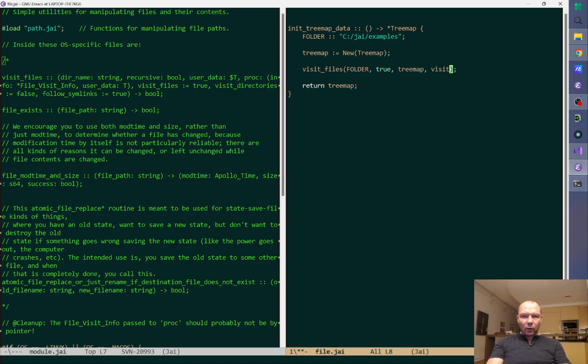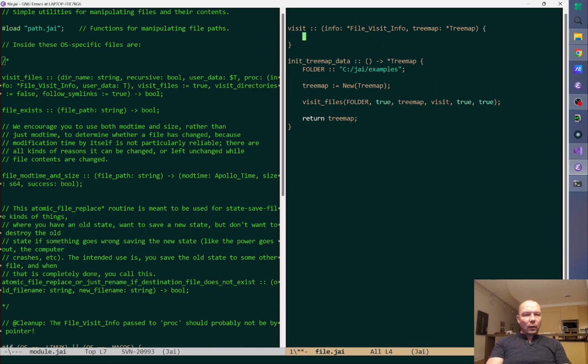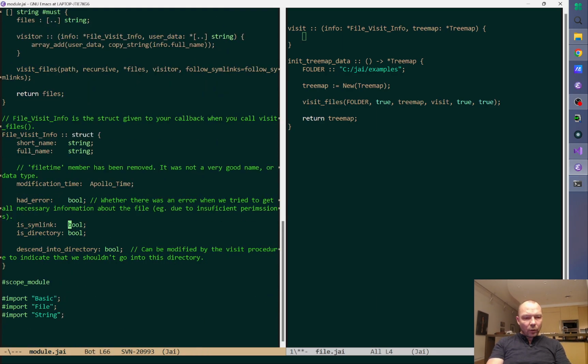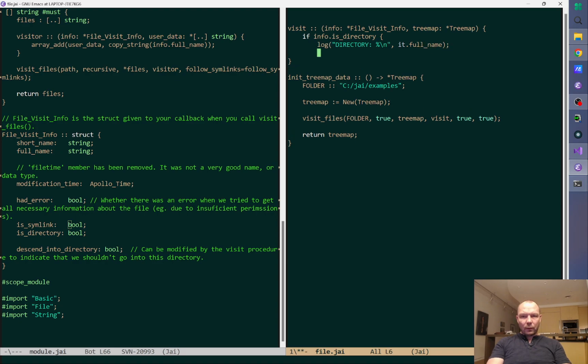Proc is going to be visit. Let's call it visit. Visit files true, visit directories true, because we want to visit the directories to make those nodes, right? Okay, so now visit is going to be a function that takes info as a file visit info, user tree map is a tree map, all right? And if is directory, we're going to say it dot full name, else